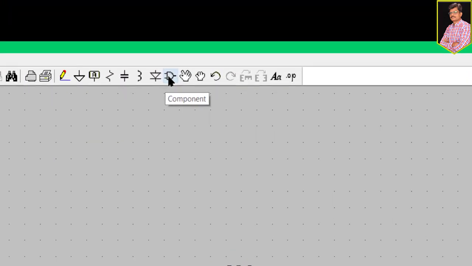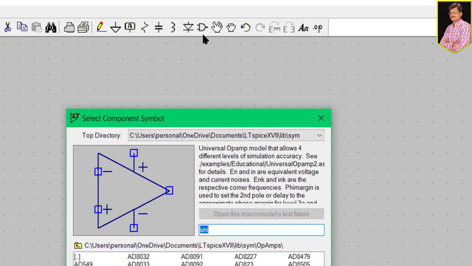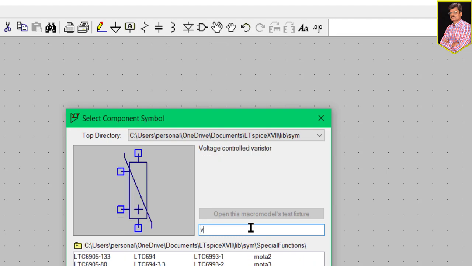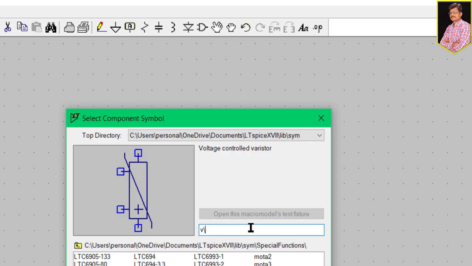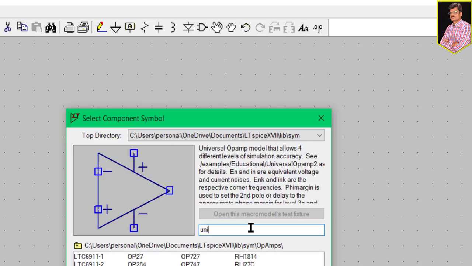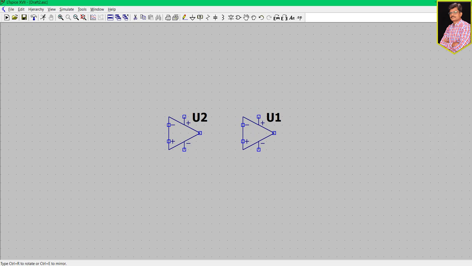Go to the component icon, which looks like a gate symbol. Automatically you will get this dialog box where you have to choose the universal op-amp. So type universal op-amp, then it will come.